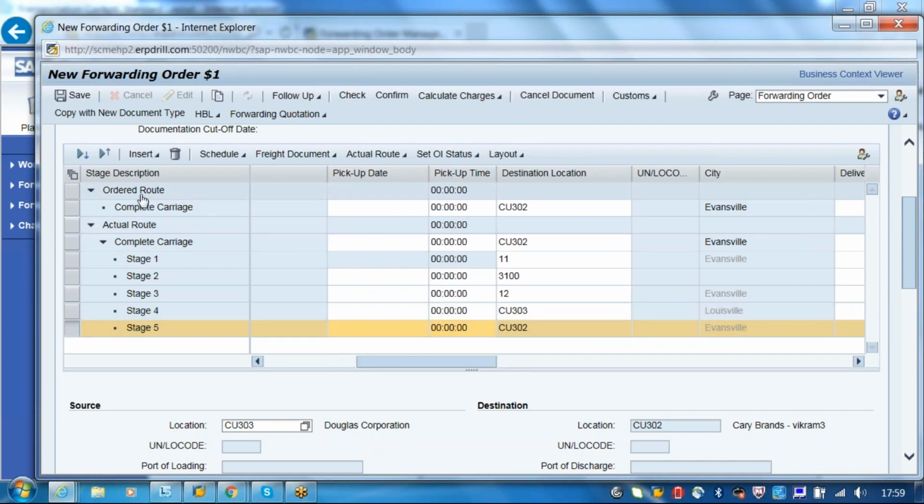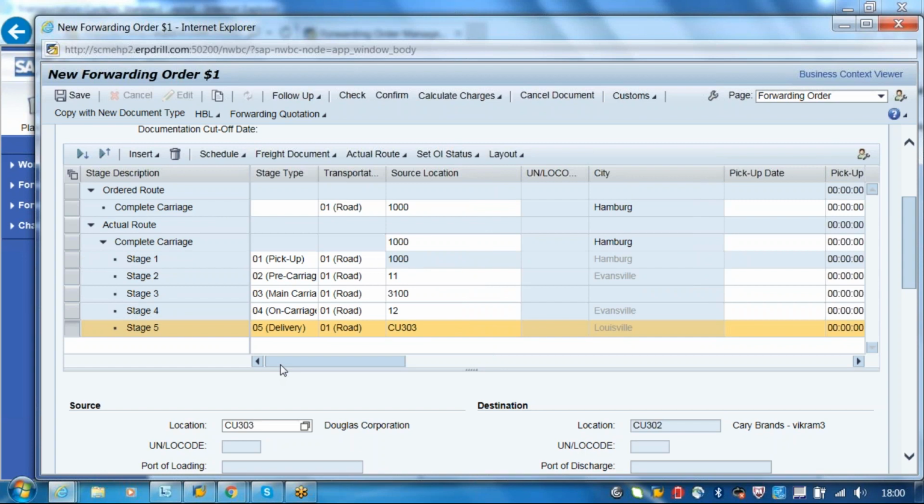So order route comes from your locations, whatever you entered in the location tab. That is your order route, but that is not only for one stage. Based on the actual route it determines the stages. These 5 stages will be determined. This is the actual route. Okay, is it clear? Yes.